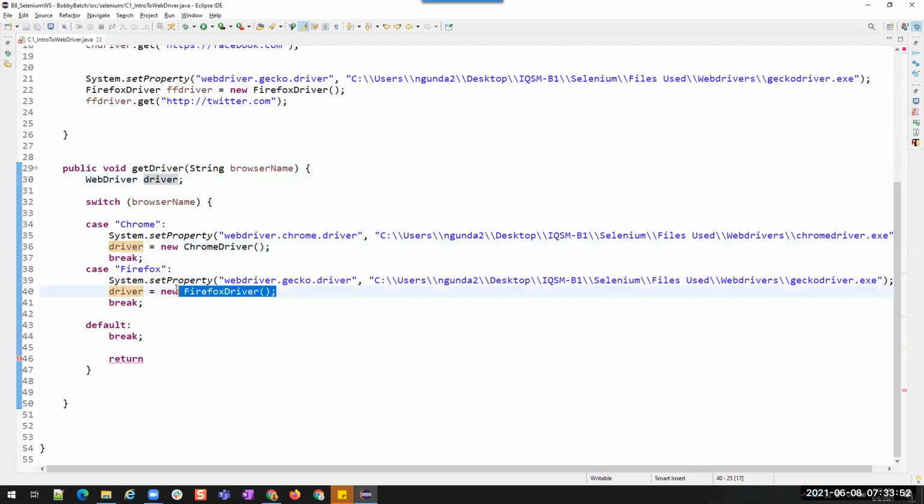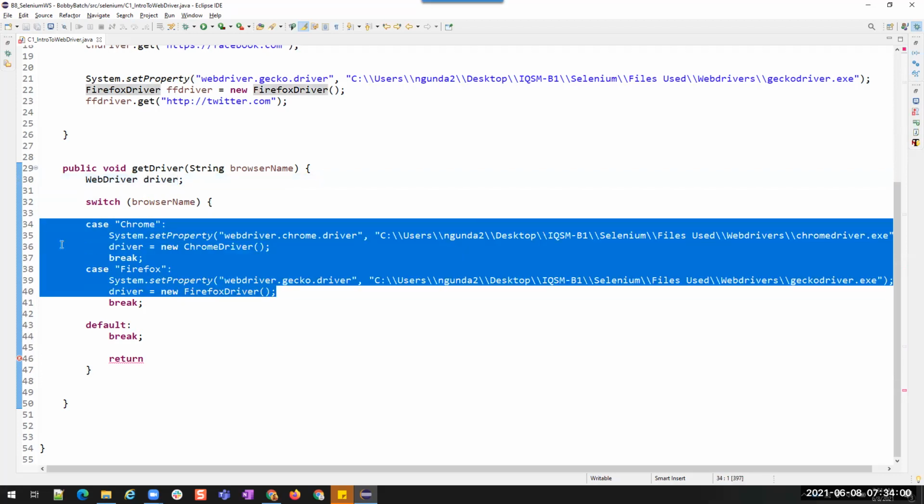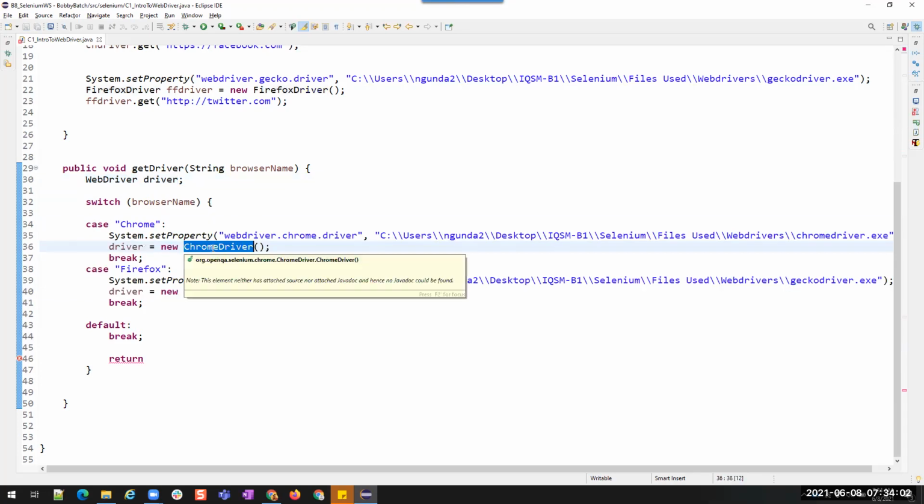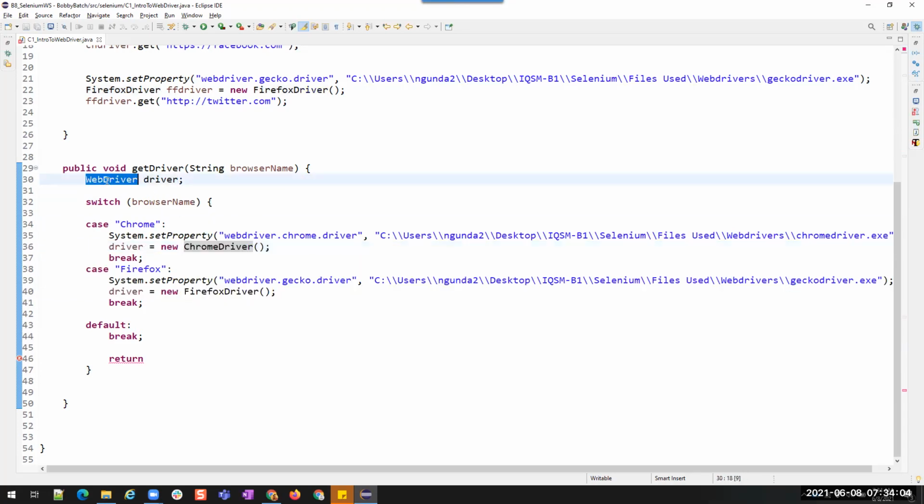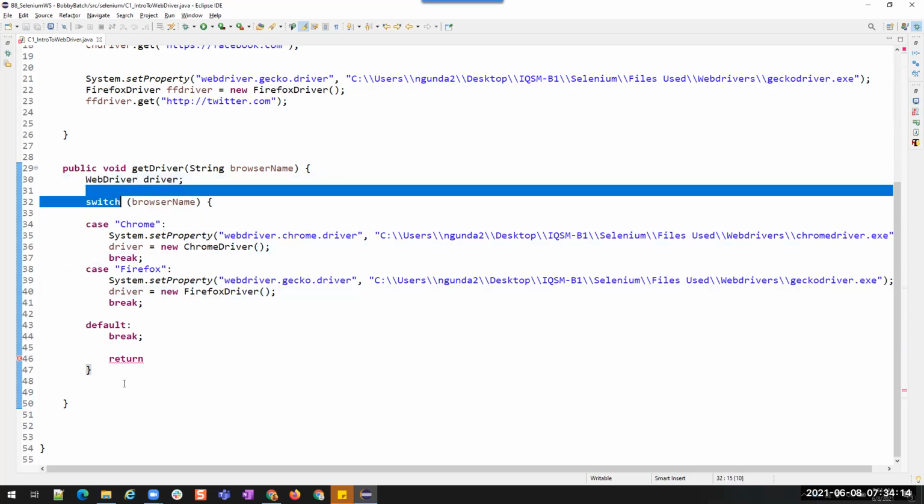If I am creating a Firefox instance, that is again assigned to the same WebDriver, because this Chrome, Firefox, Safari, Edge, whatever classes are there, whatever the browsers are there, these are child classes of WebDriver interface, or these are the classes which are implementing WebDriver interface. So I can convert these browser types into WebDriver.